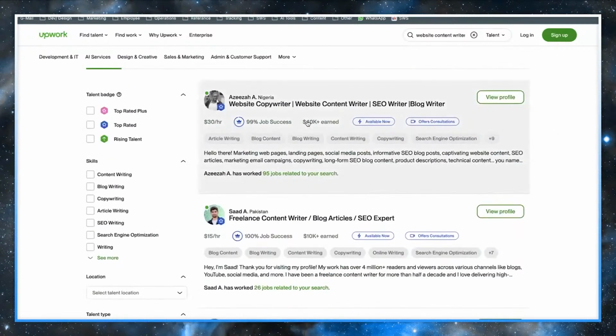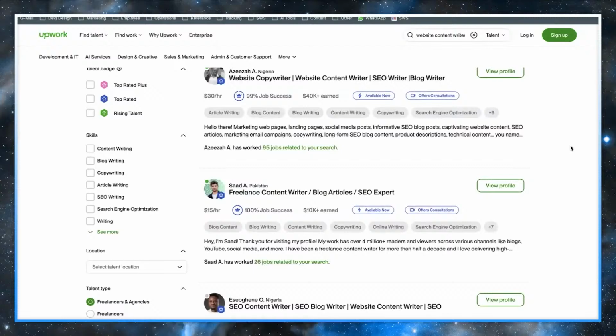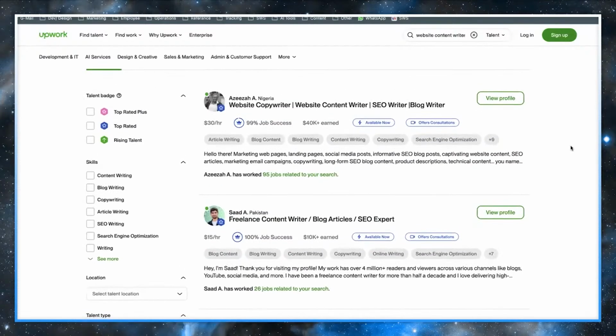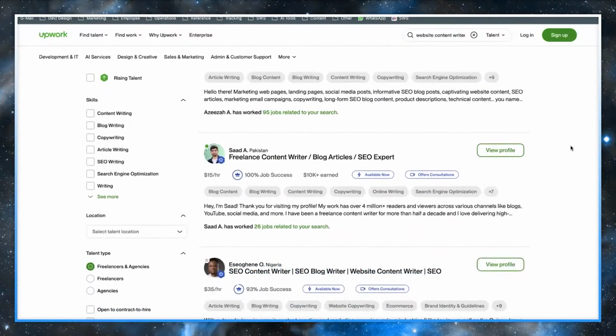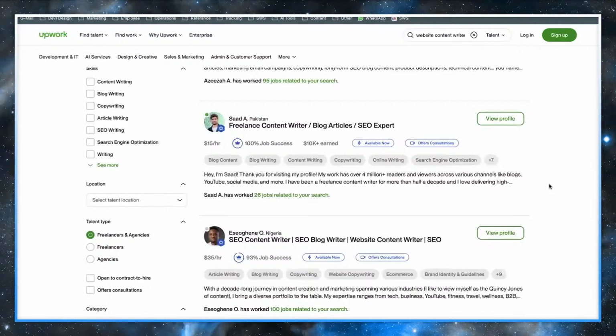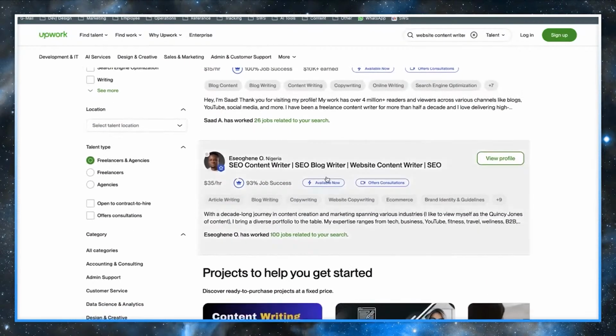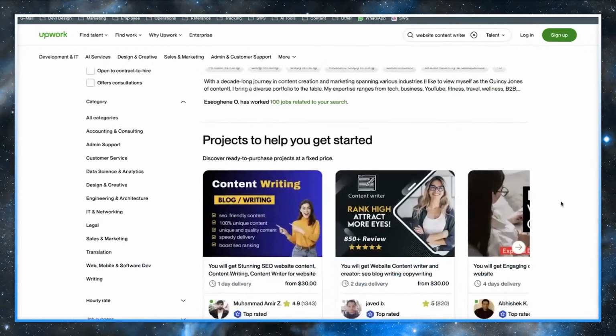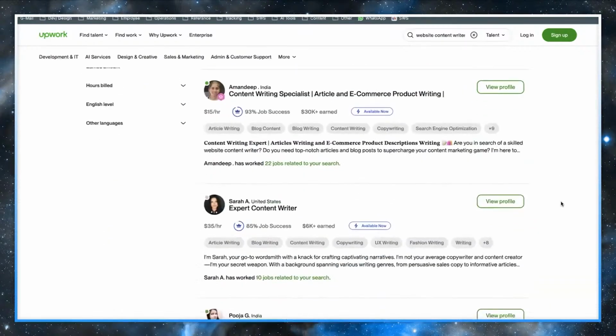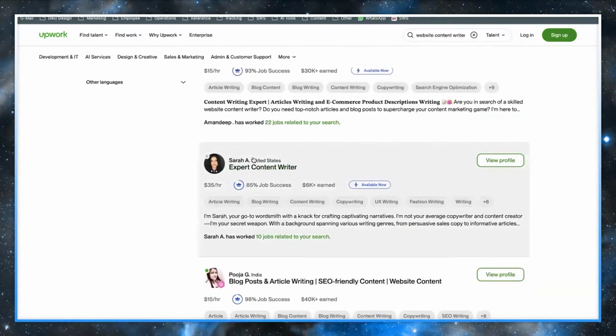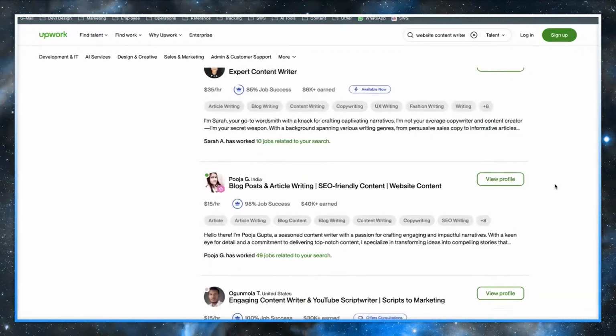Look at their job success. Look at how much money they earned. Chances are it's probably pretty good. And you don't even necessarily need people that are US based. If they have a good job success score and they've earned a lot of money, then people probably like them. Look at their reviews and scroll down and you can see the fees. $15 an hour, $35 an hour, right? You can even find people in the States, US, $35 an hour. I know that might seem like a lot, oh, it's $35 an hour or $50 an hour, but it's really not. They're writing content for your entire website.